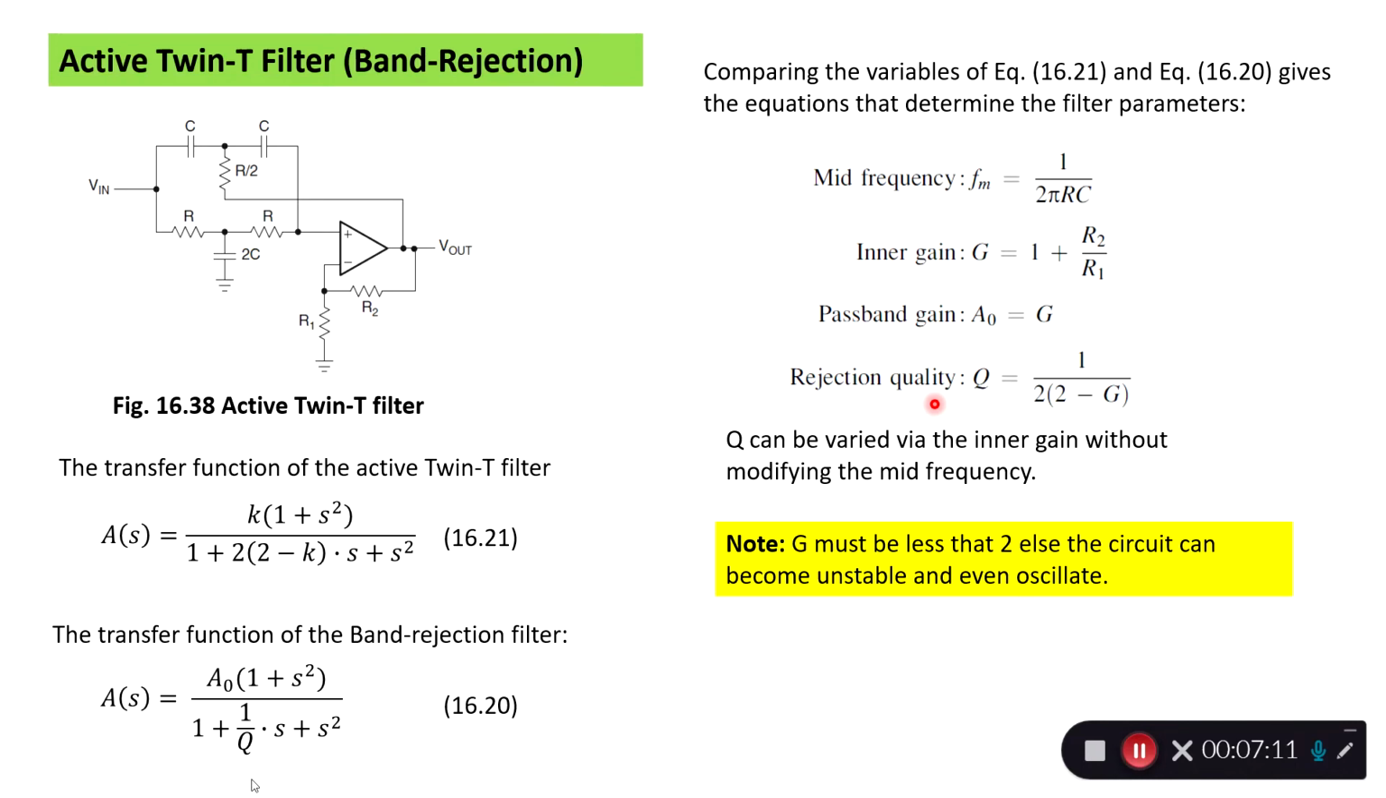And the rejection quality, the Q, is 1/2 times the bracket 2 minus G. And the good thing about this setup, the active twin T filter, is that we can modify the quality factor of it by help of the inner gain without changing the frequency we want to get rid of. But there is a small consideration we have to take into account, and that is if G here